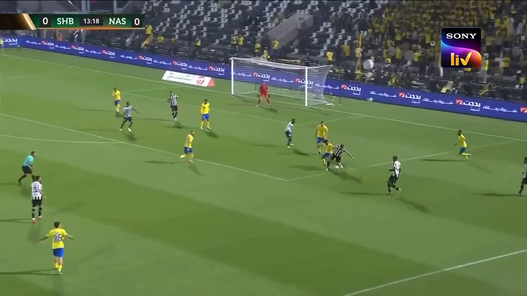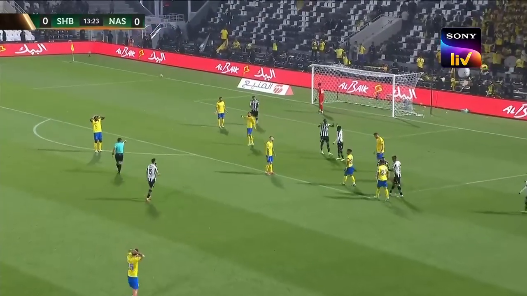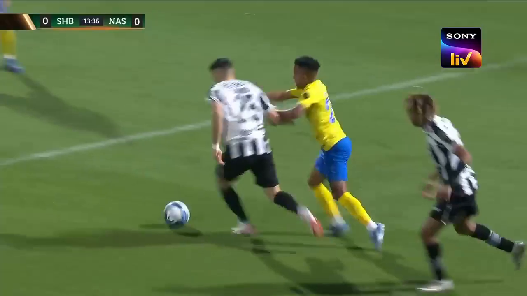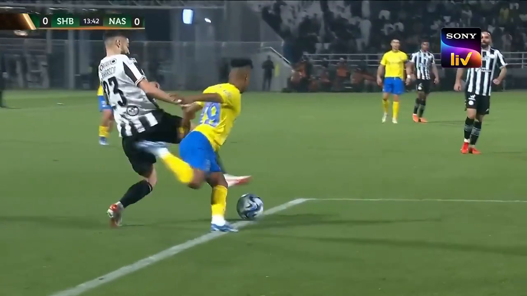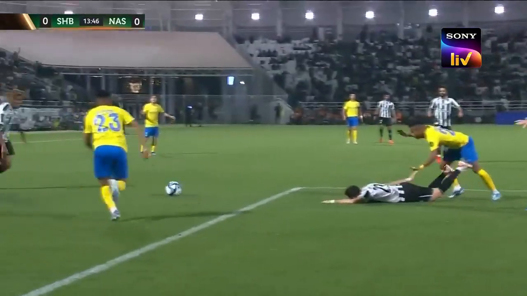It's lovely play. Great feet from Garib. Still hasn't worked out, though, and the ref's given a penalty to Al Shabab for the challenge on Yannick Carrasco, just inside the box. I think you get drawn to the ball, and you just see he gets his legs completely taken away from him, Carrasco. It's right on the edge of the box. It is definitely a penalty. And